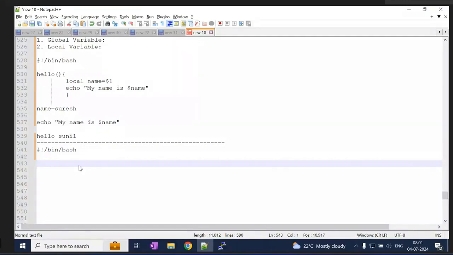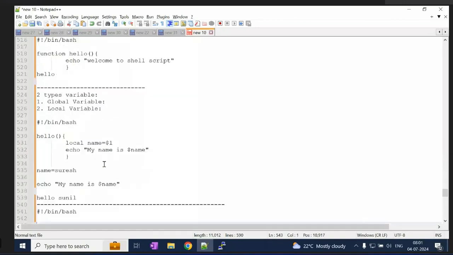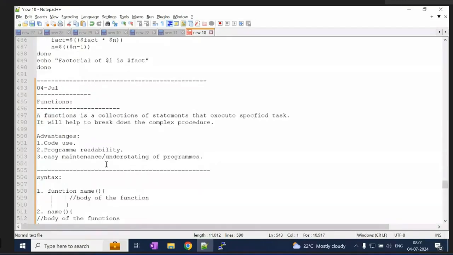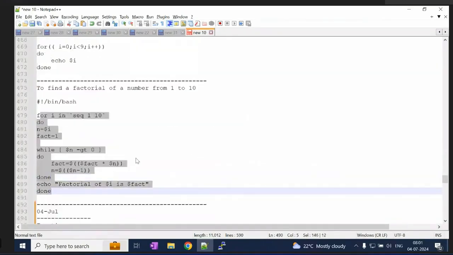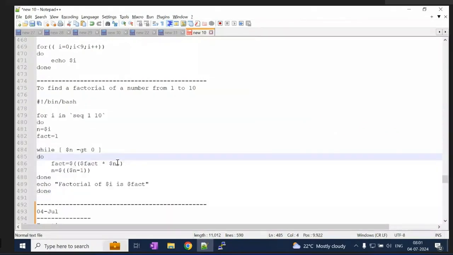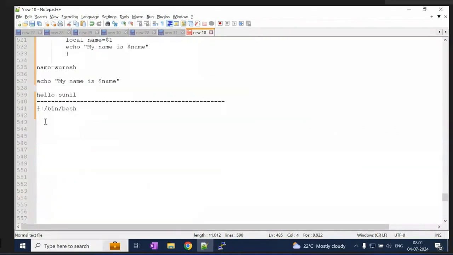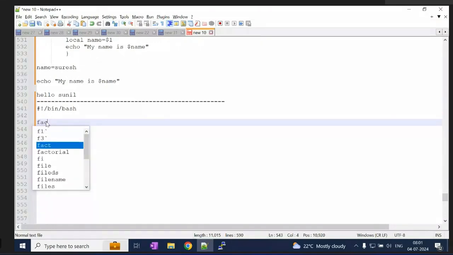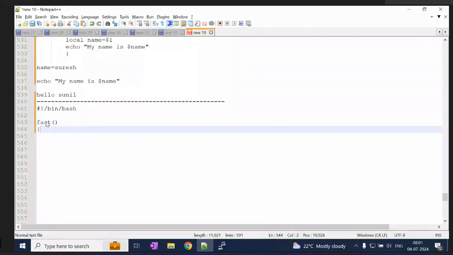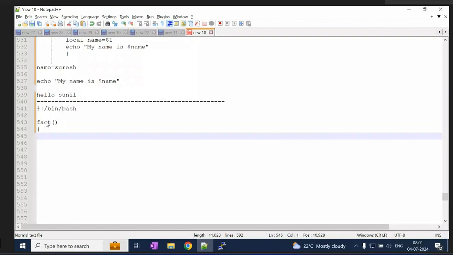Okay, so in my previous program, I used a for loop, right? So here, what I will do, I'll define the function. The function name is fact. Inside this, I'll write my factorial code.